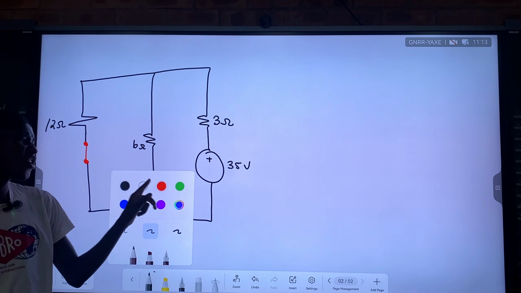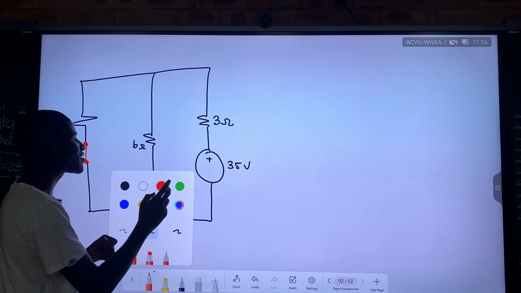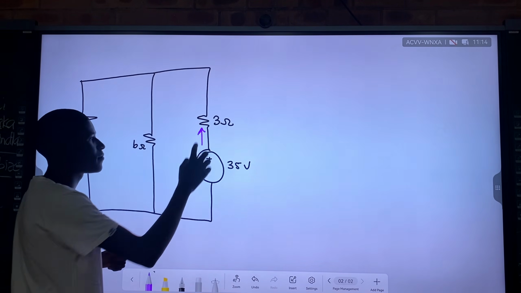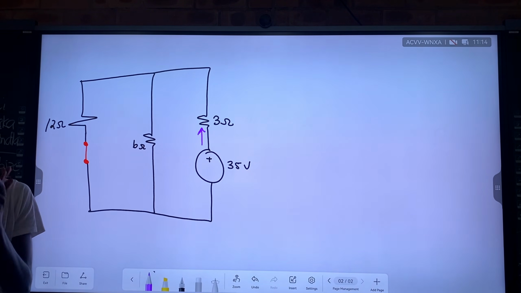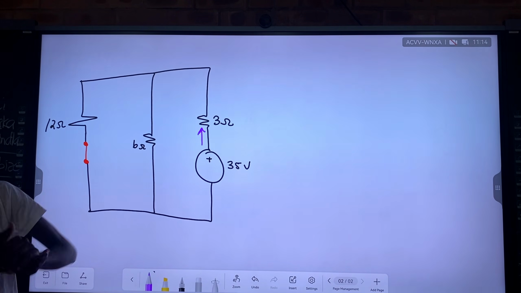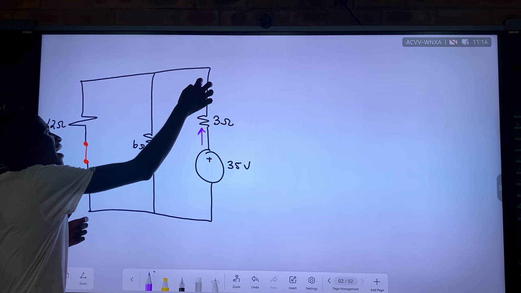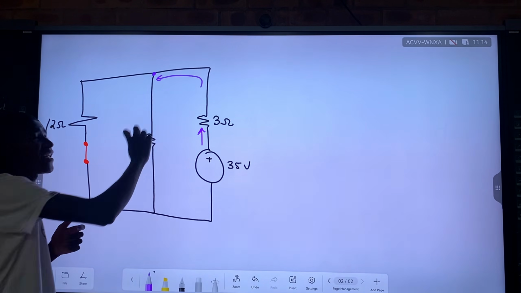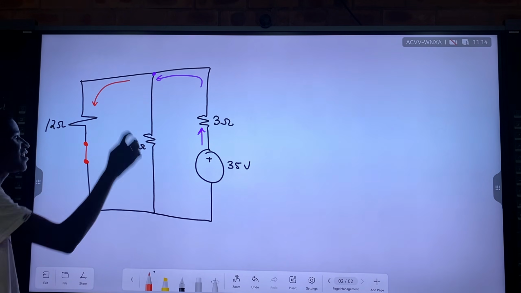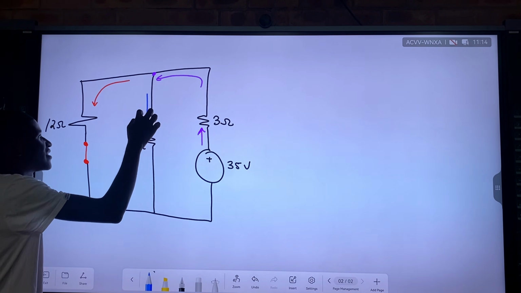Une power source eyodwa lana. Eyodwa kuphela, 35 volts, and it is producing the current that is going into the 3 ohms resistor directly without splitting. I split la ngisho lana. So izongena la ku 3 ohms resistor. Bese yaphi futhi izohamba ima splitter la kule parallel branch, whereby some of the current will go to the 12 ohms resistor, some of the current will come to the 6 ohms resistor.